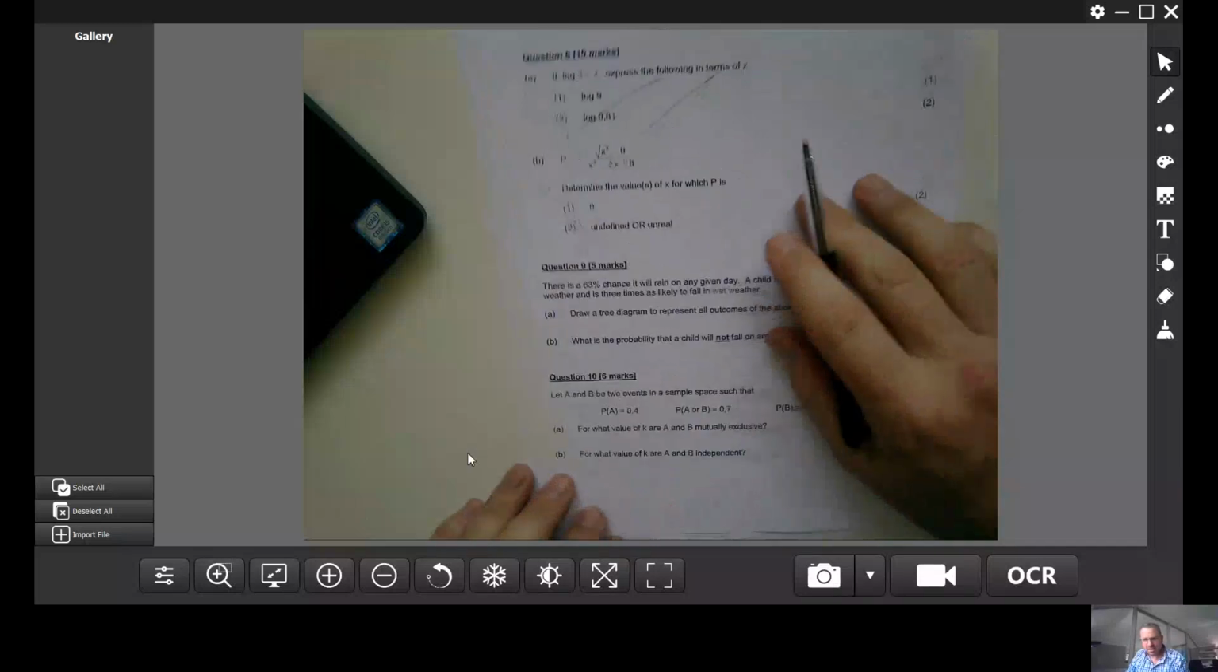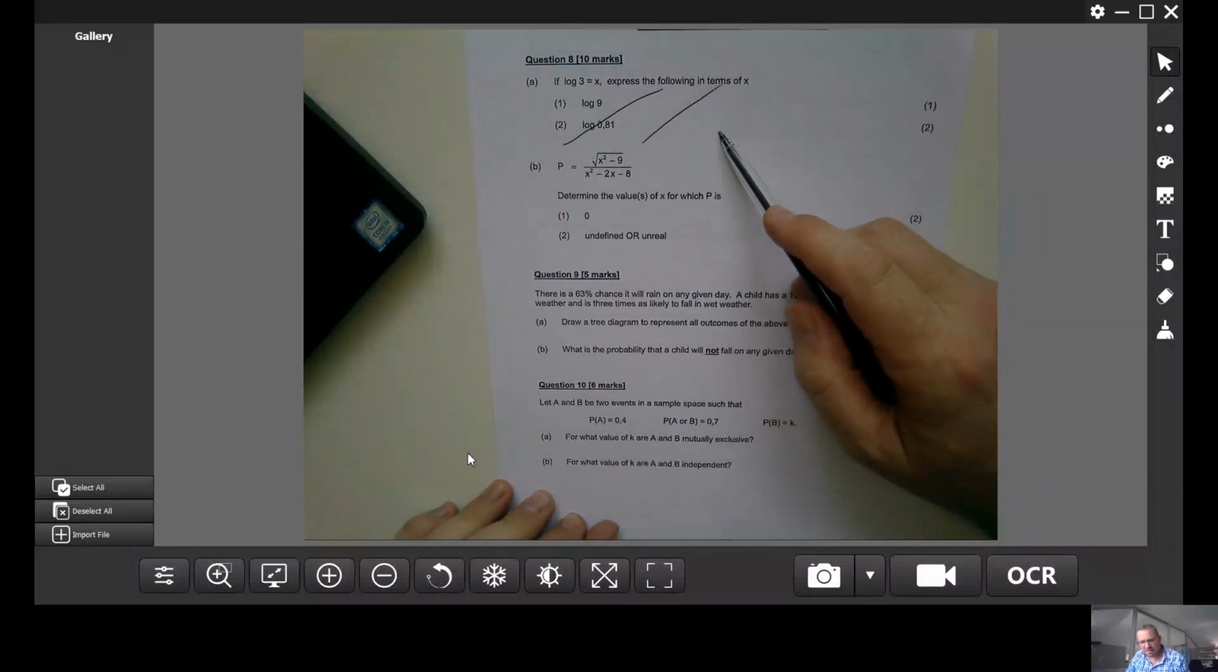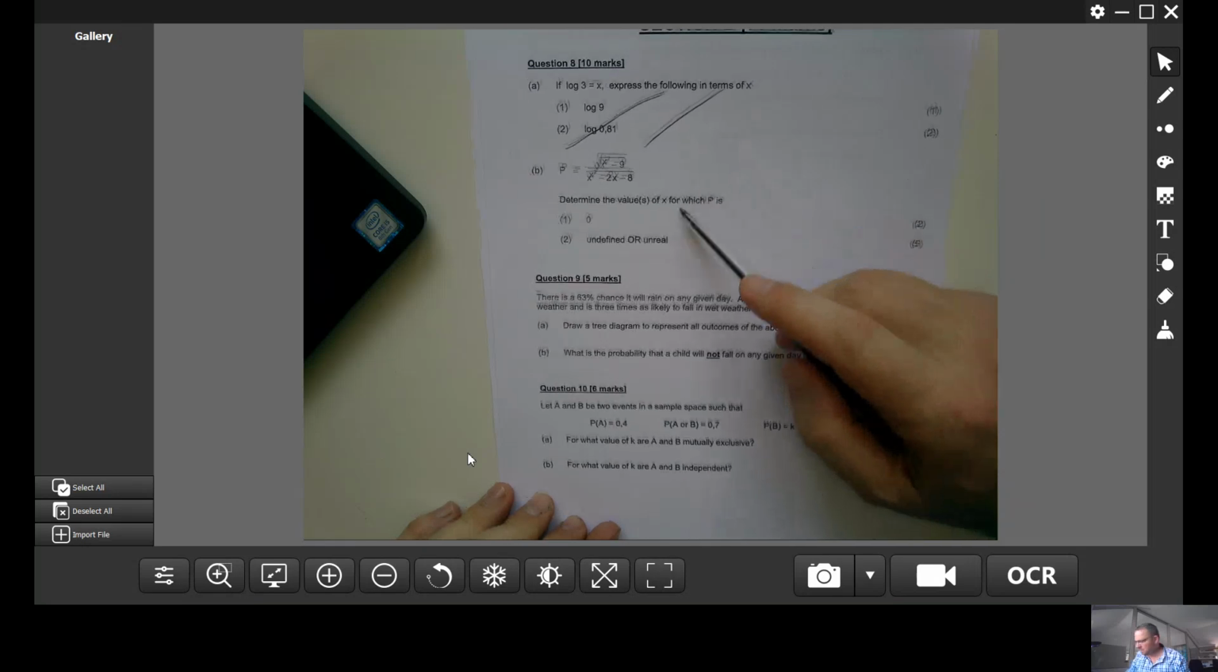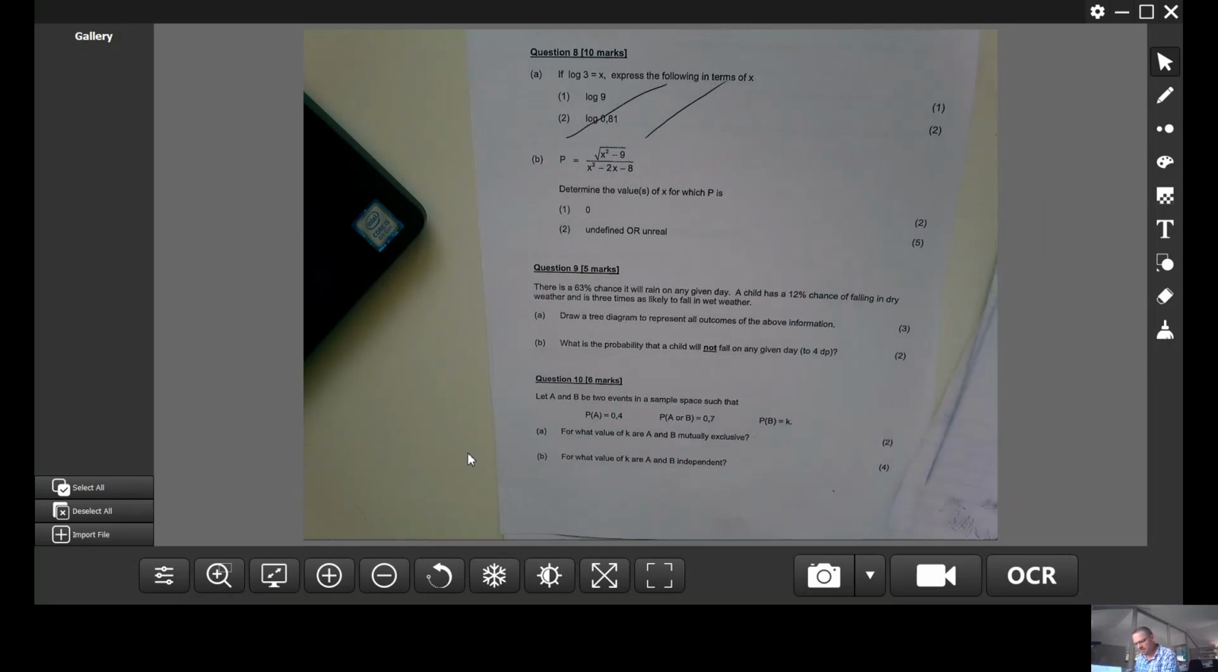Question 8a is not part of the syllabus, so don't worry about that. Then let's have a look at question 8b. So question 8b says,